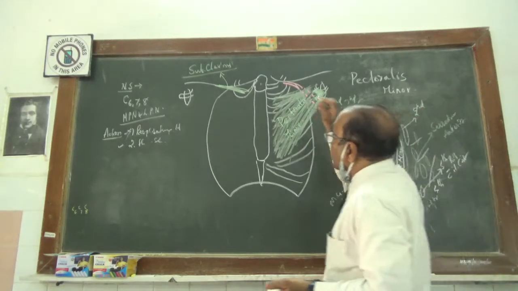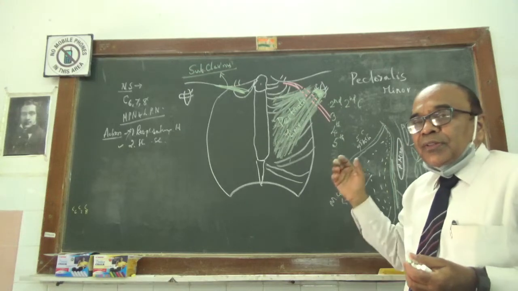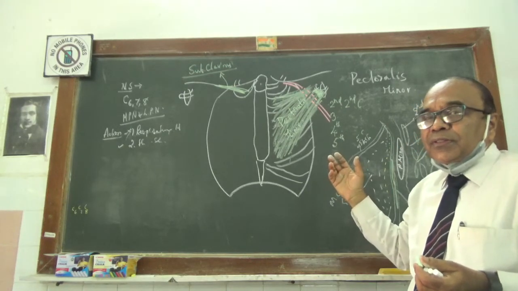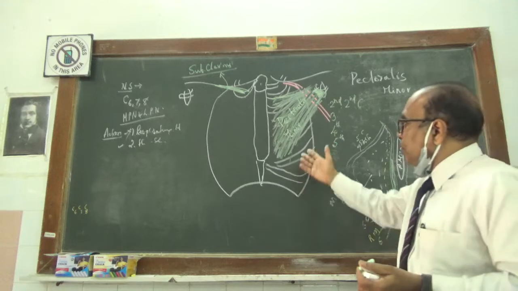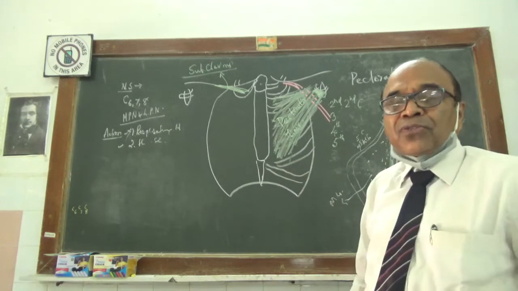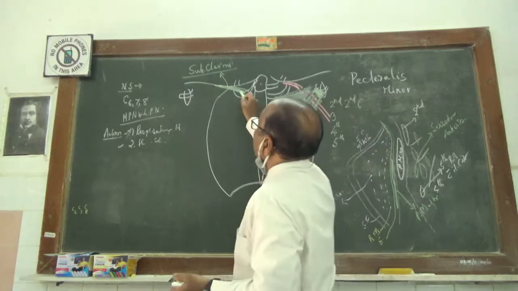So the subclavius is present in the series with the pectoralis major and the pectoralis minor in the pectoral region, but it is a small